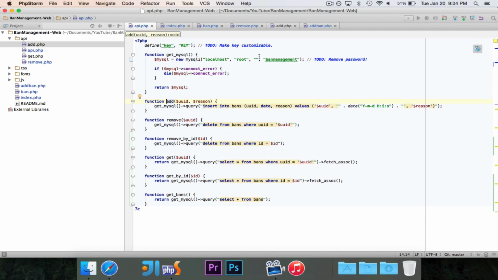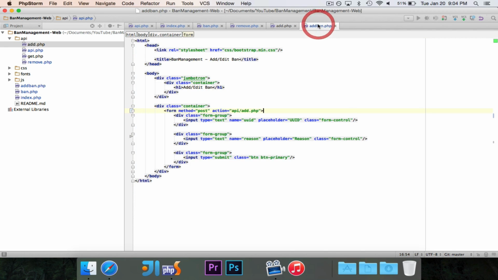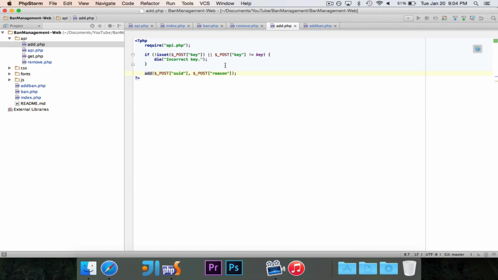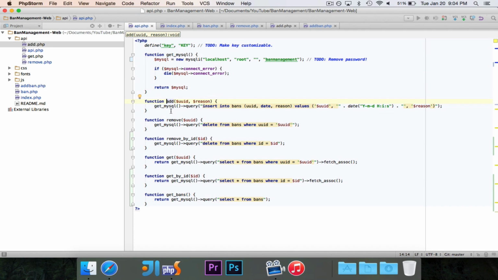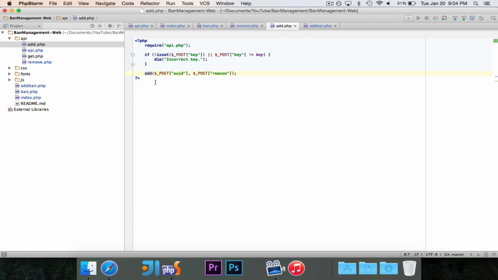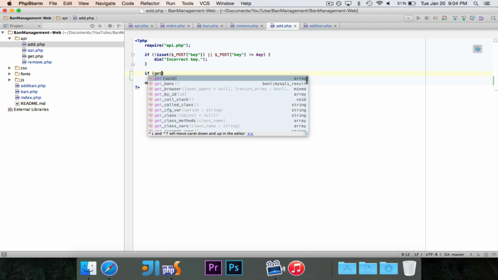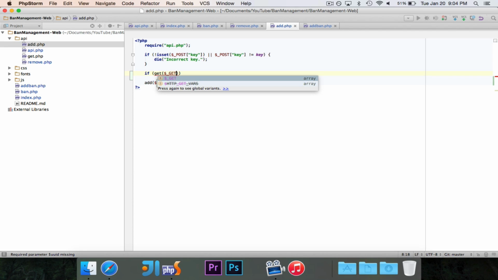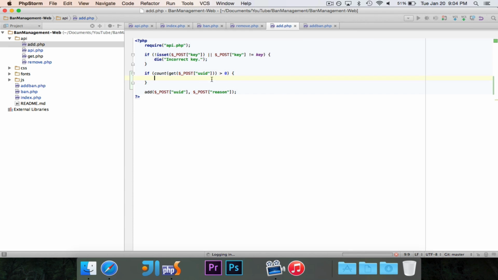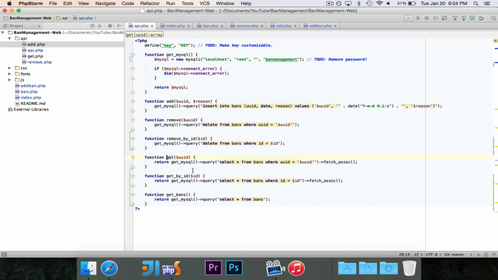So we need to make it work if the information is already there. And that's what we will do. So we're going to say, we first want to try getting. So we're going to say if get for the post argument UUID, and remember this is going to be an array, so we're going to use count of that is greater than 0. So we're calling this get function for the UUID,